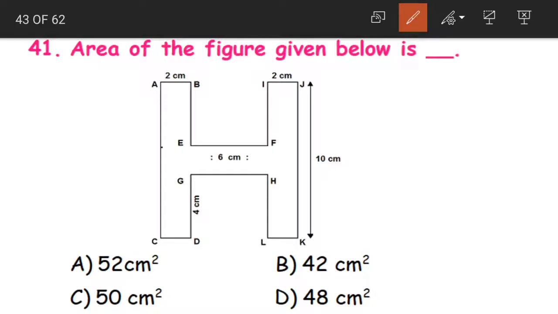So here if we draw lines like this, what will be the side length of this side? See, the length of the opposite side is 2. Again here also it will be 2. So this will also be equal to 2, 2, 2, 2. All these sides, the length is equal to 2.